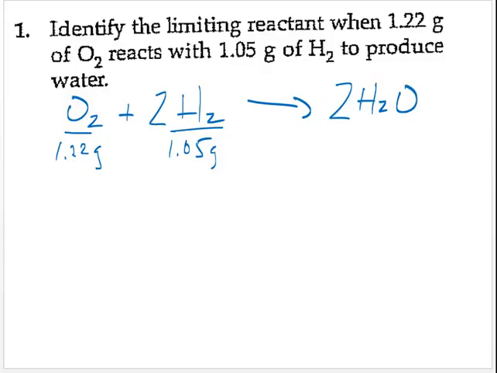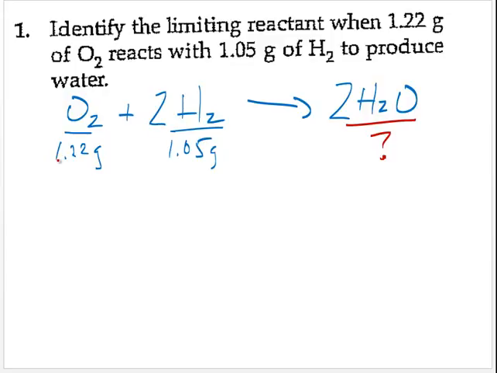Now, in this problem, so we call it a limiting reactant problem, and the reason this is kind of a special variety of stoichiometry problems is you're being given the amount of two reactants, and oftentimes you're being asked to calculate how much product you can make. Now, I realize in this problem, the way it's worded, it's only asking you to figure out which one's limiting, but I'm going to ask that we take it a step further, and once we've determined the limiting reactant, we then calculate how much product we can make. Okay,